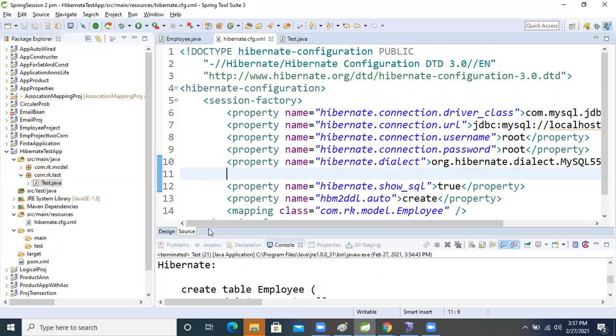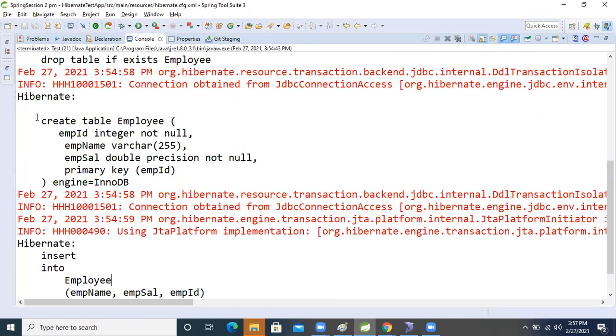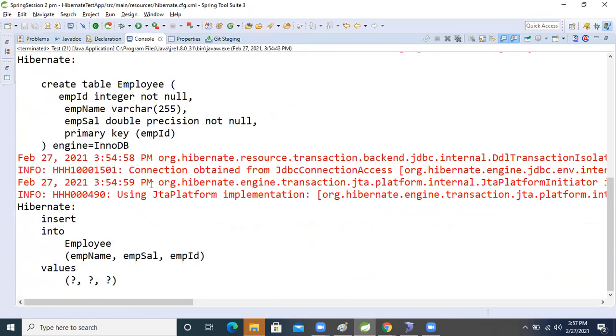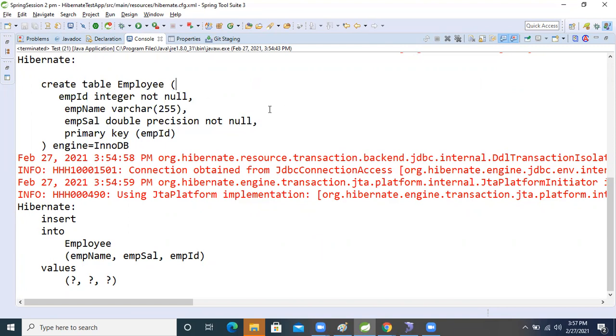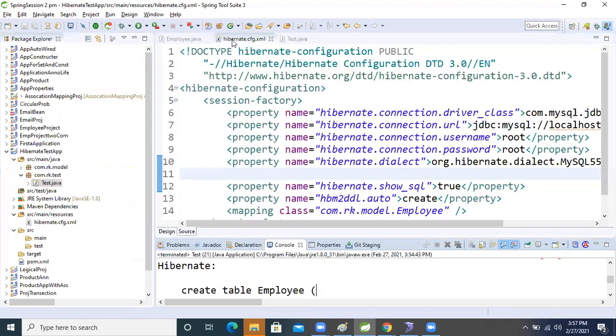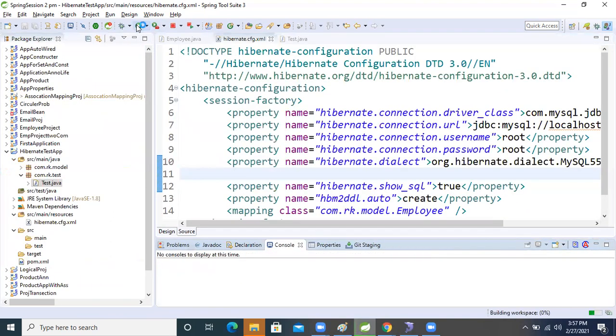After removing it, come to the console at runtime. Is the query showing class by class in the console, in a decorated format? Because of that we use that attribute. If we do not use that attribute, then this query will come in a single line only. That is the power of that attribute. Run the application and observe the console.